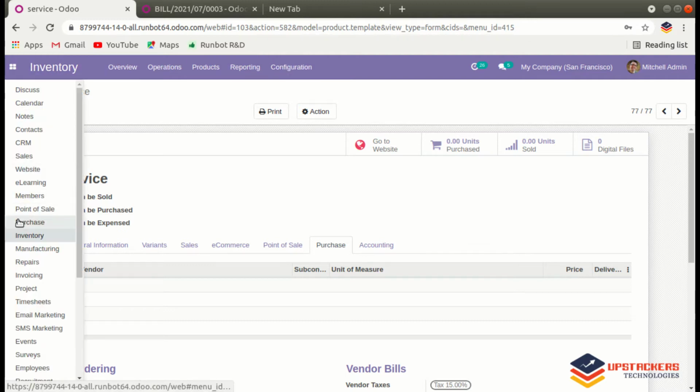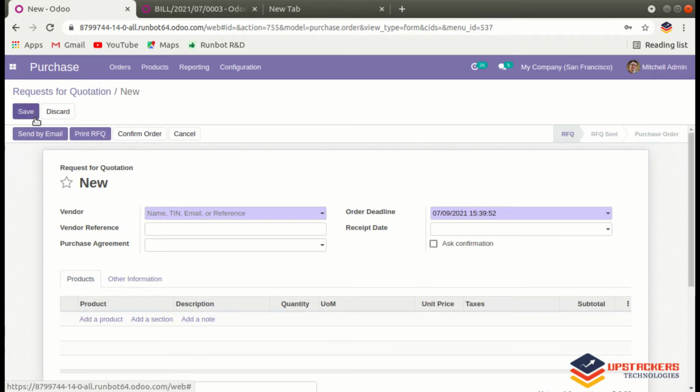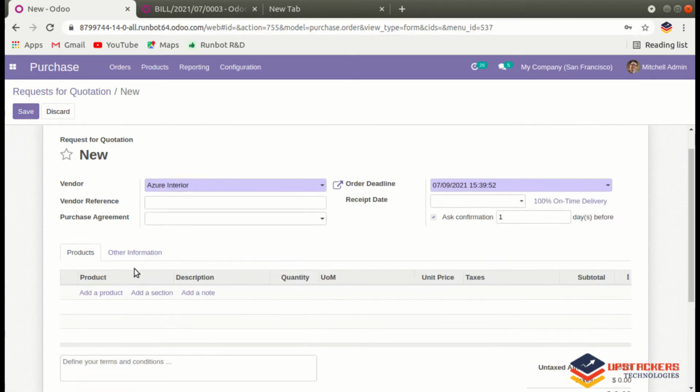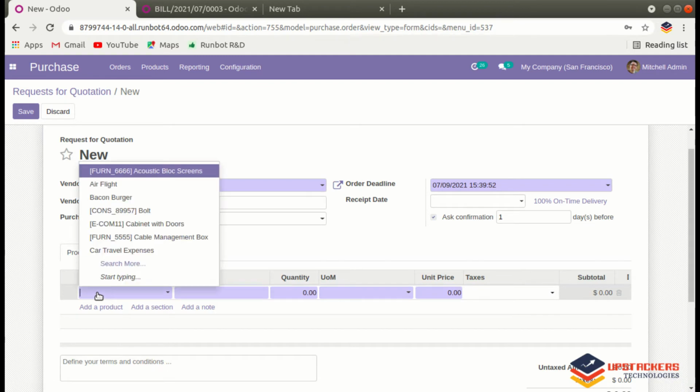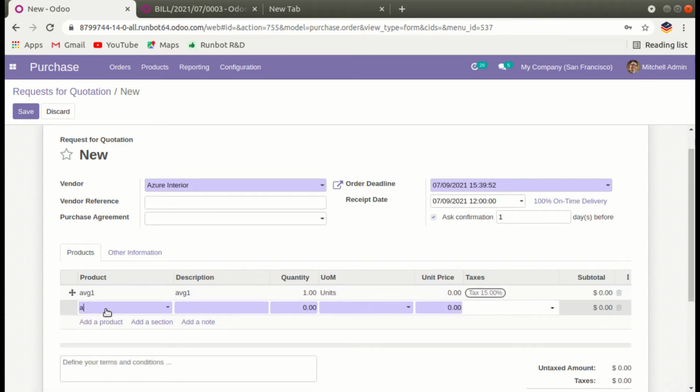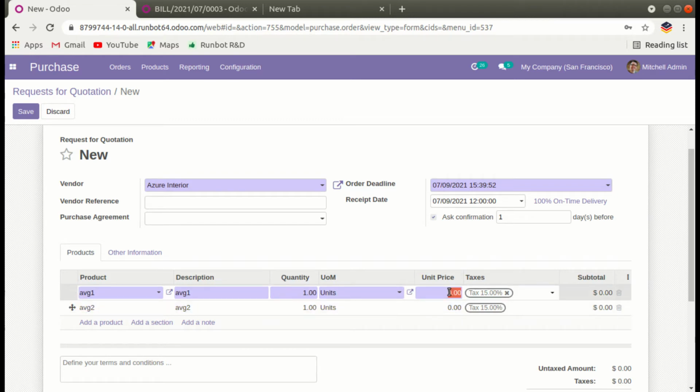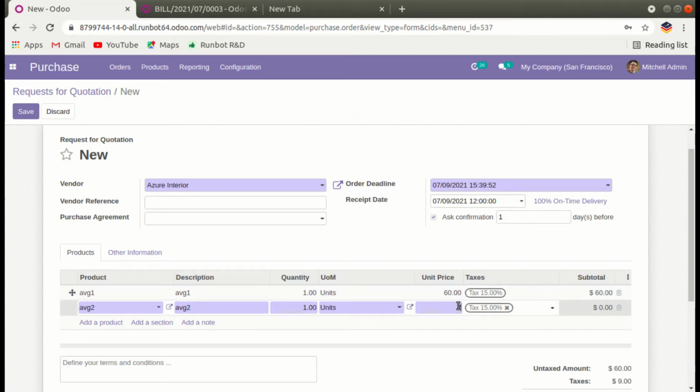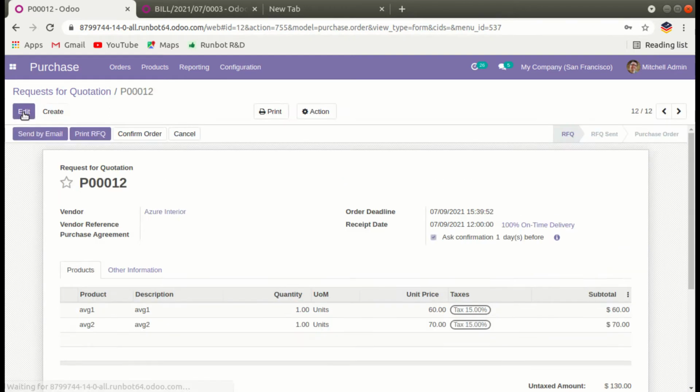Let's create one purchase order. Set unit price at 60 and 70. So let's save and confirm order.